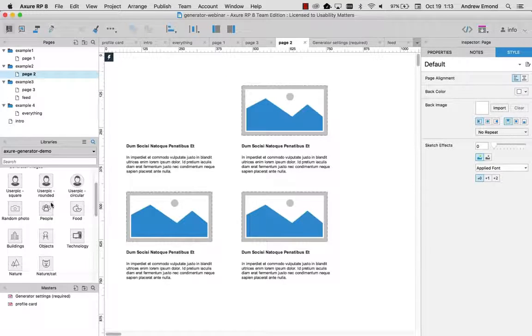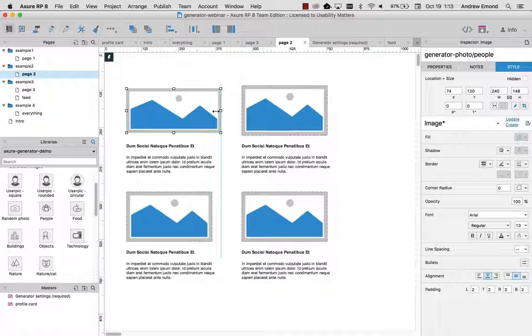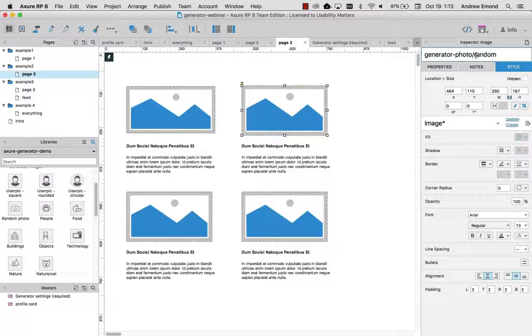But what I can also do is say that I want a picture of people. I have categories to choose from. I have people, food, buildings, objects, technology, and nature over here. So I can drag those over onto my page, but I can also just change the label of the ones I've already added. I can say I want this one to be nature,